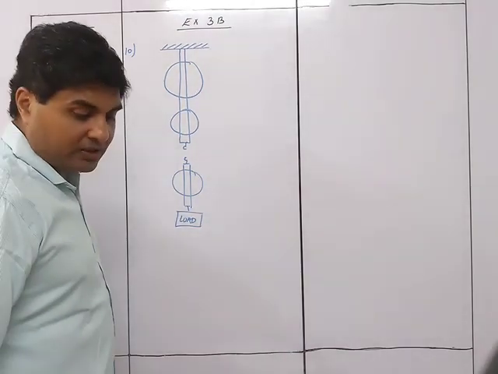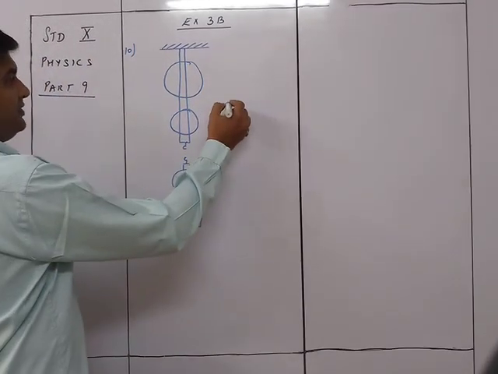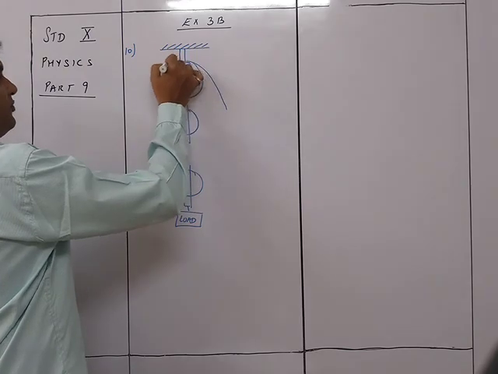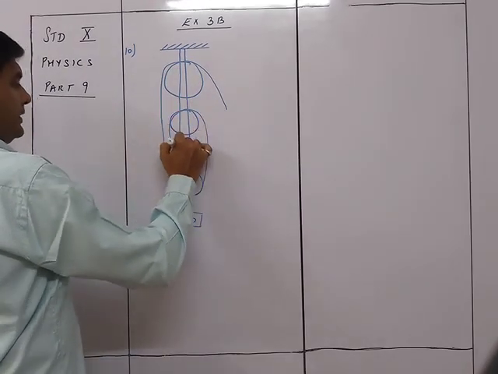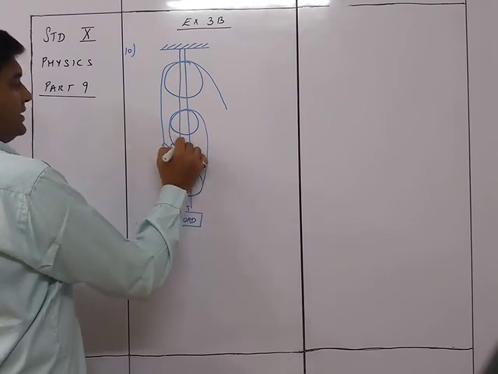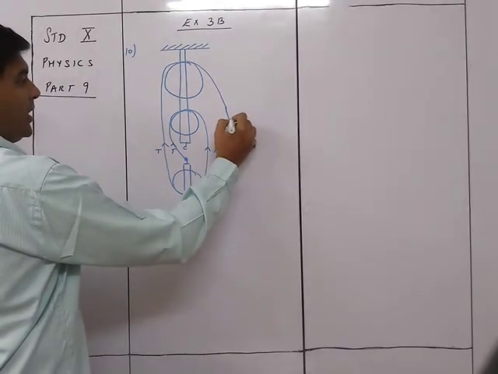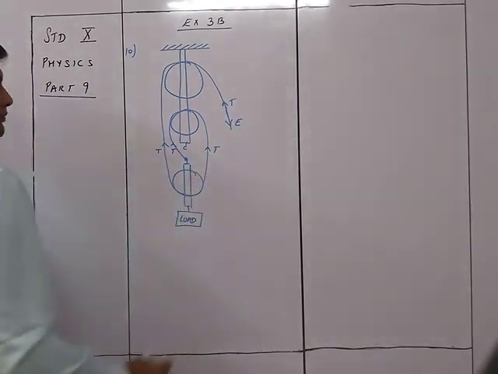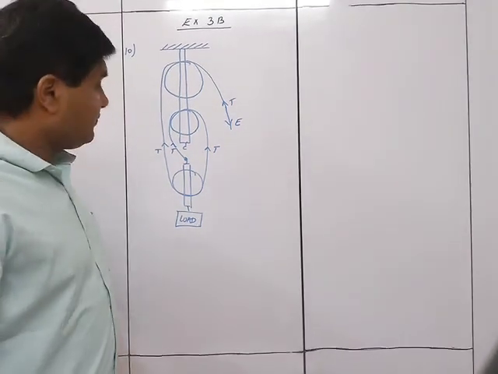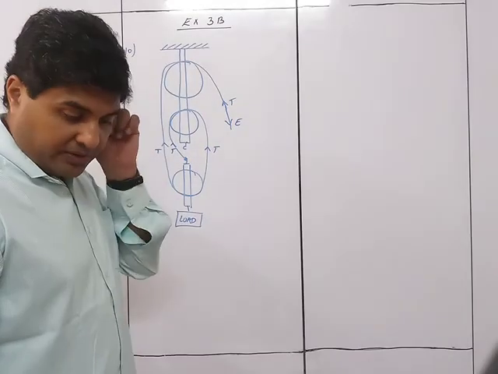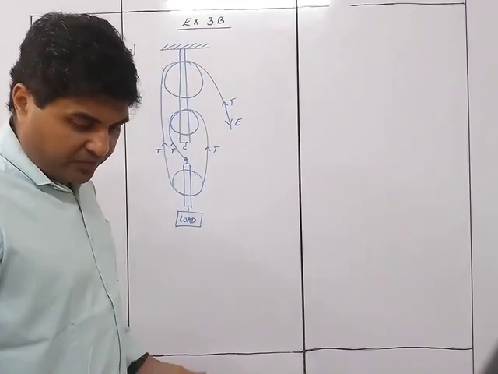First thing is draw the labeled diagram of the system indicating the point of application and direction of the load. So here it is going to be this way, that the effort is connected like this, going to the lower pulley, then upper, and then connected to this one. So it is T, T and T over here, T, T and T. This is the effort. Effort being downwards and the T being upwards like this. So first of all, this is the drawing of the diagram. You need to put the direction of the load and the effort. We've already put that.